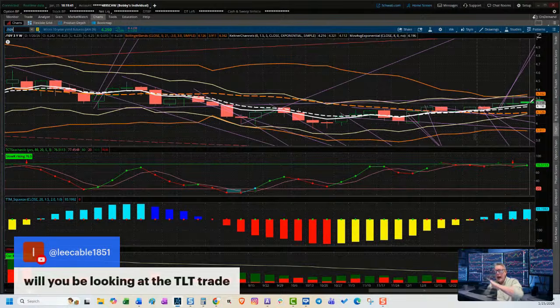They have broken out. Now, granted, this is the 10-year, and the TLT is an ETF putting you long or short of the 20-year bond. But for the most part, they're 90% correlated or inversely correlated. If you have rising yields on the 10-year, you're probably going to have lower prices on the TLT. So that being a known,